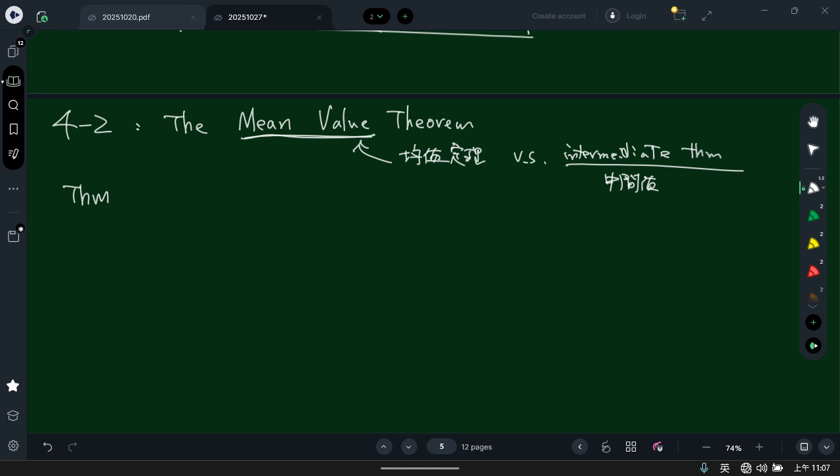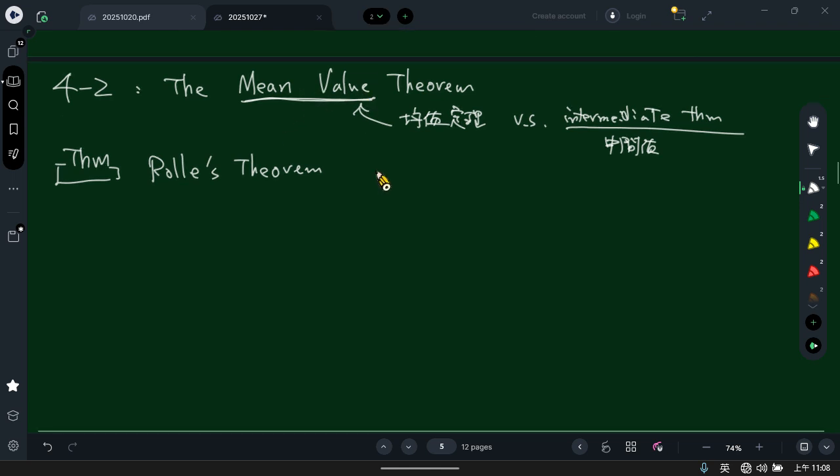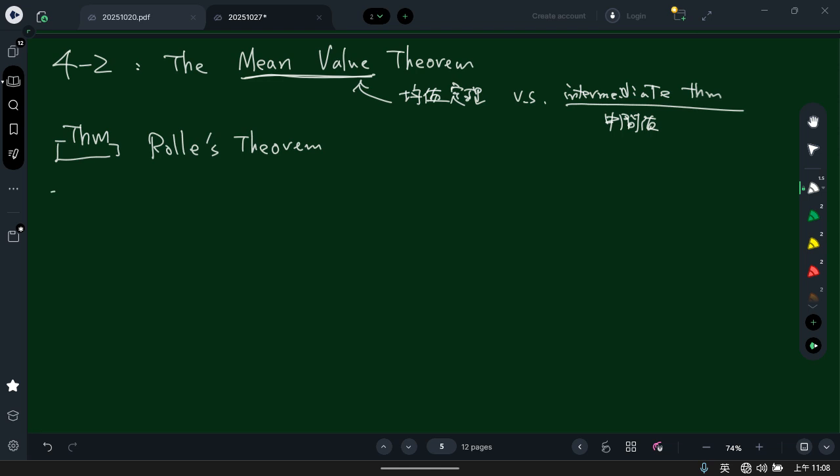Okay. So before we go to the mean value theorem, we need to learn Rolle's theorem first. Actually, Rolle's theorem is a fundamental part of the mean value theorem. So what is Rolle's theorem? If y is equal to f of s is continuous at every point